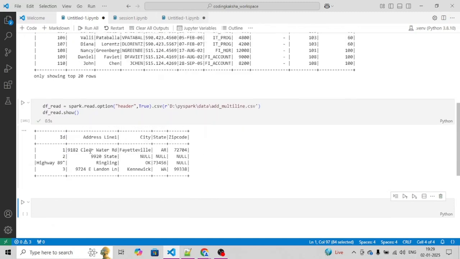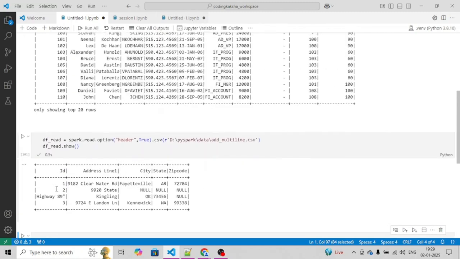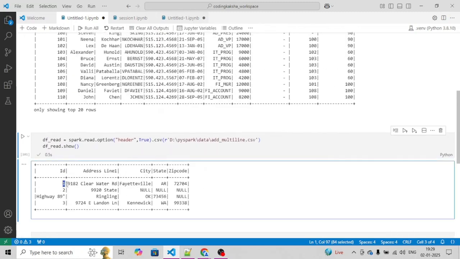If you look into the result, for the record with id 1, address line is fine, and till state it is reading correctly. But after that there is an enter, which means a new line.